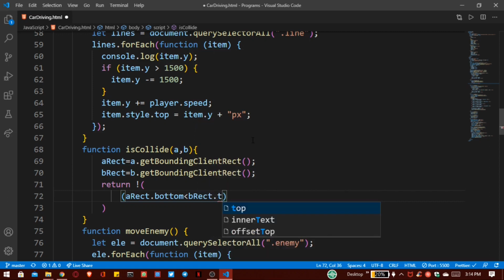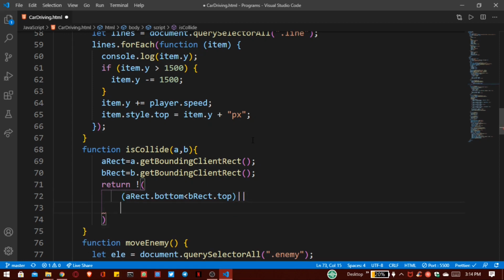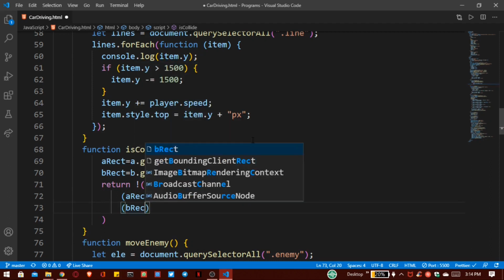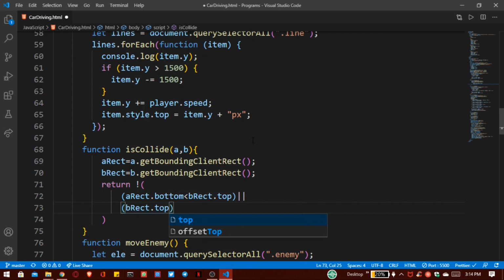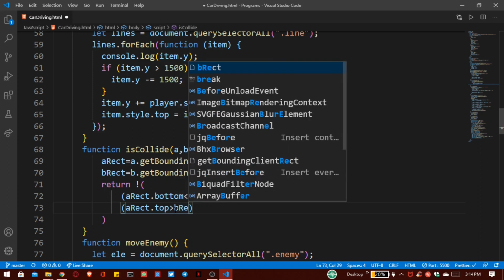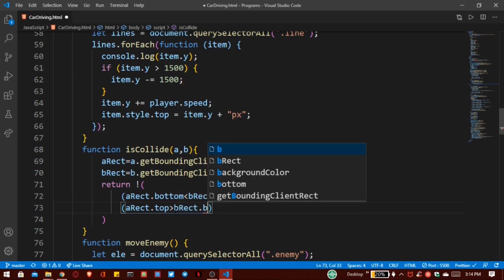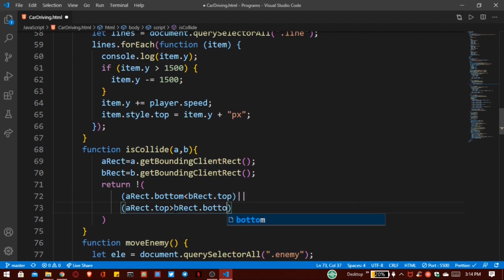This is our first condition, and second condition is we have to use this or sign to check our condition. bRect top is greater than, here we have to write aRect top. This is our second condition.